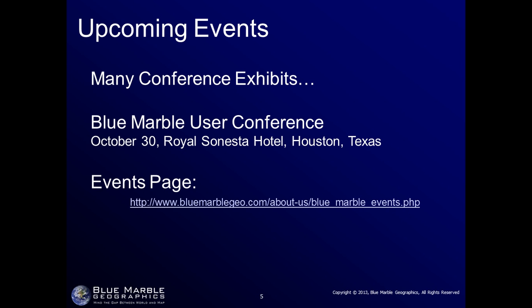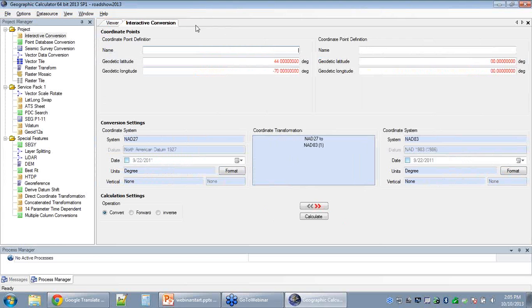Sounds good, Sam. Okay, so we're going to hop right over into the Geographic Calculator. I'm going to fire up our 64-bit version. This is the latest release of the application. There we go. We have a long list of jobs running down the left side of our screen in our project manager. All of these various jobs that we have over here relate to a number of different types of functions. Specifically, we're going to be talking today about the seismic jobs, and what I'd like to start off with